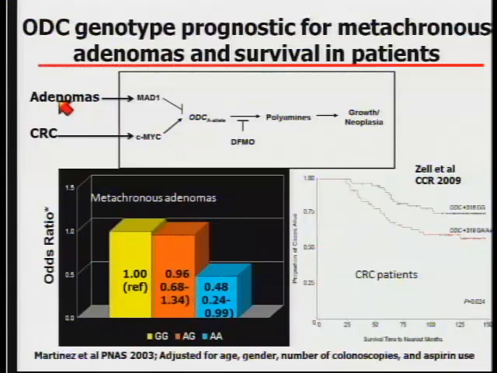And if you look at this little cartoon on the top, what we think is happening in the normal colonic mucosa, where in our animal studies and human studies we've shown expression predominantly of repressors, the repressors are binding to this A allele, thereby suppressing this pathway, leading to a reduction in risk.